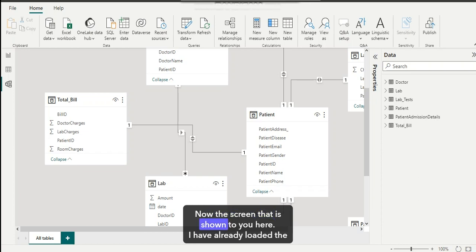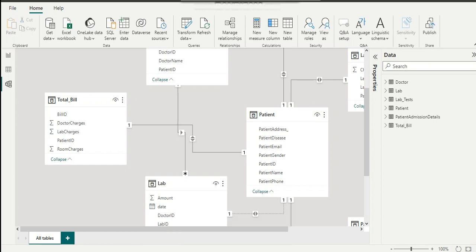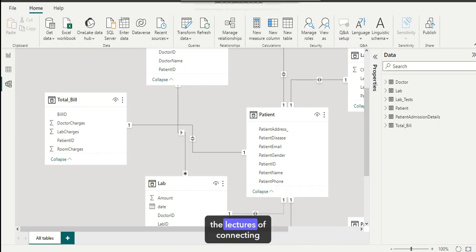Now, on the screen shown to you here, I have already loaded the hospital management dataset, which we used in the second video on data source connection. I have imported this database directly into Power BI by following the same steps. You can always go back to the lectures on connecting data sources with MySQL and review how I have imported these different tables, like the doctor, lab tests, patient admission details, and total bill tables, into